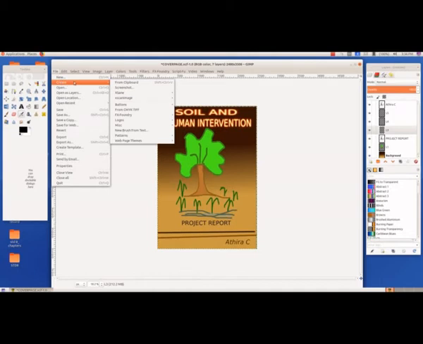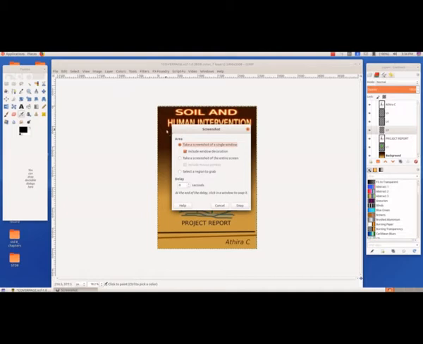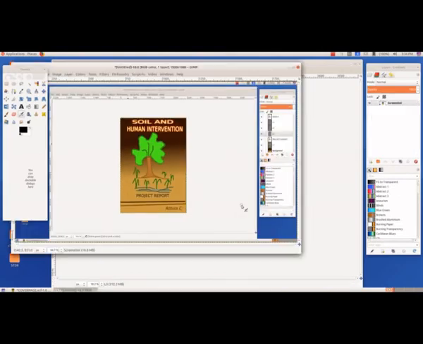So now we will select, again from file, create and then screenshot, and now we will select the second option, take a screenshot of the entire screen. We will see what is the difference between that. Here we have some more things, include the mouse pointer and all, and by default we are not including the mouse pointer. And then again we have to select snap, and then you got that.